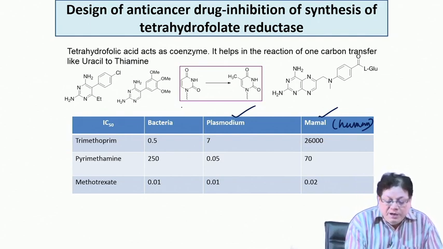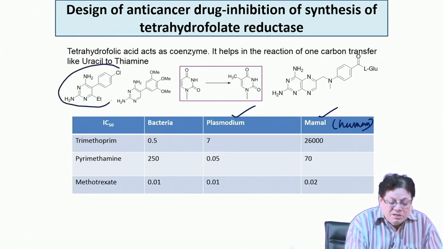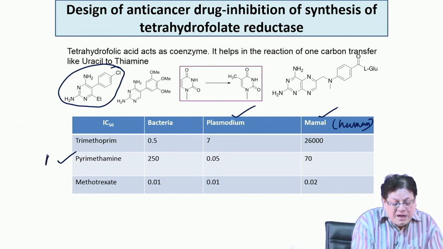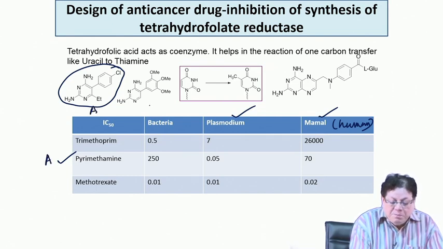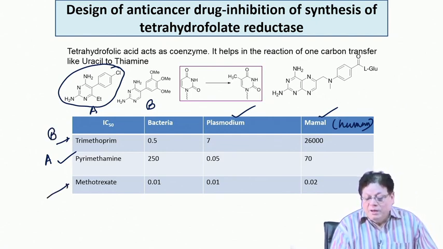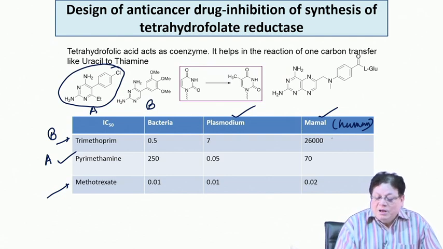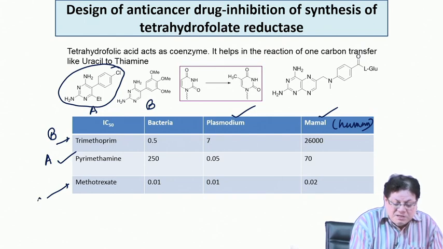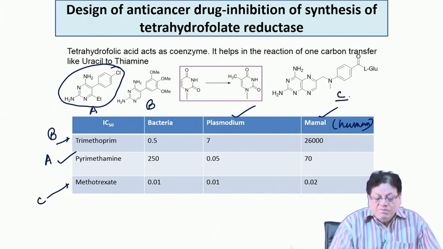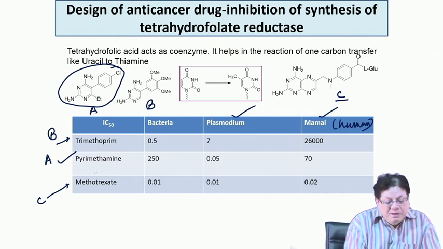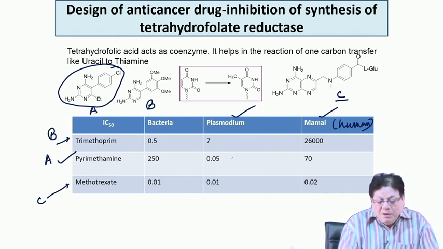I have shown you here 3 molecules. This is called pyrimethamine, suppose A. B is trimethoprim and C is methotrexate, which has great resemblance to the folic acid structure. All these molecules act as drugs. A, that means pyrimethamine, acts on Plasmodium